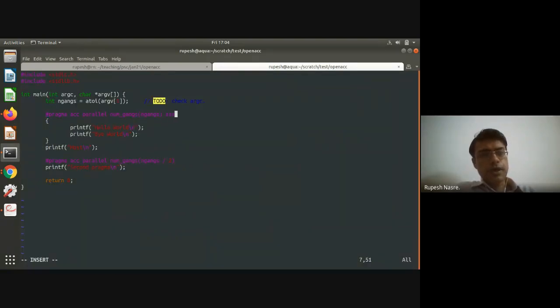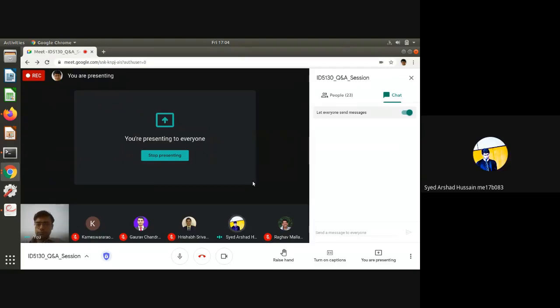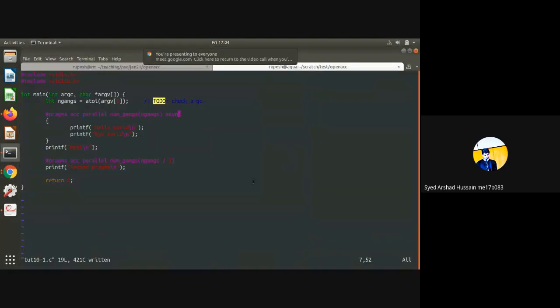For example, if I add async here, then what do we expect to change in the output? It's possible that host is printed above everything else, and bye could appear above hello and so on.